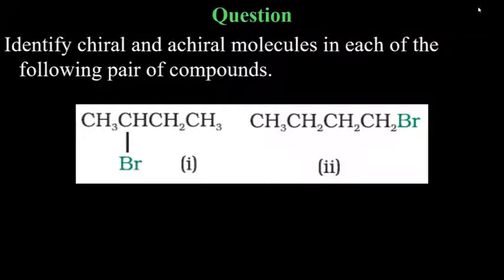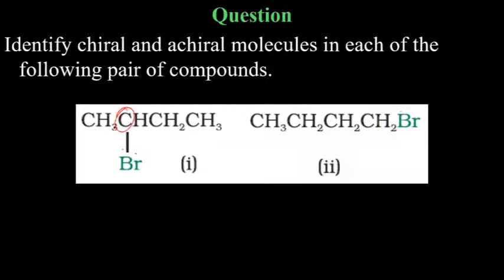Very good. So here if you see, this one has bromine, so you need to consider this carbon. Most probably this carbon will be the chiral carbon if it is. Or here you need to consider this carbon because this carbon has bromine. Otherwise, all carbons have multiple hydrogens. But this carbon also has two hydrogens, so not all four different substituent groups.